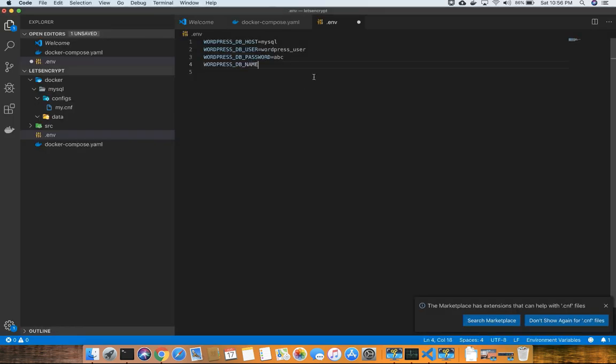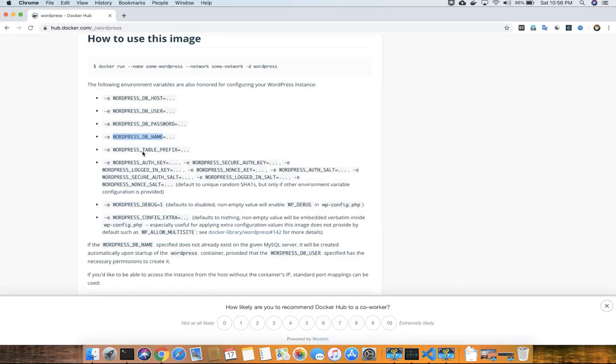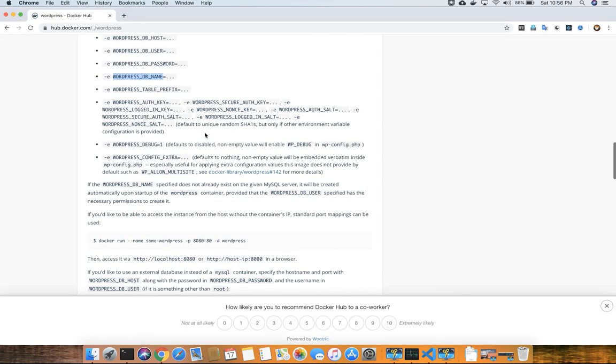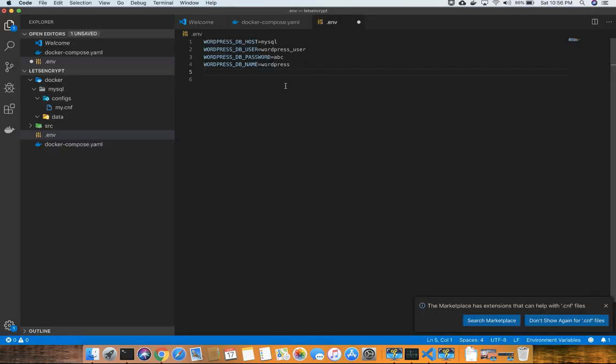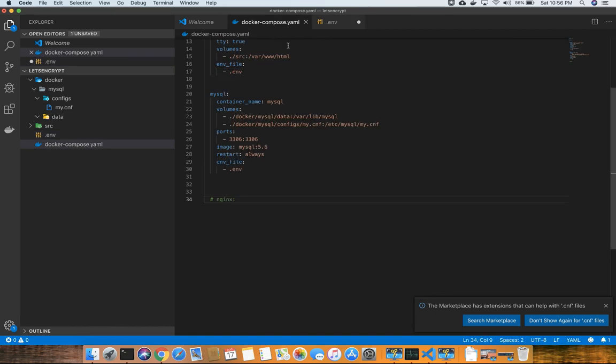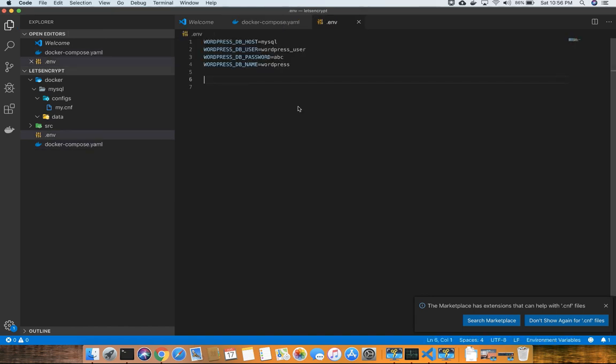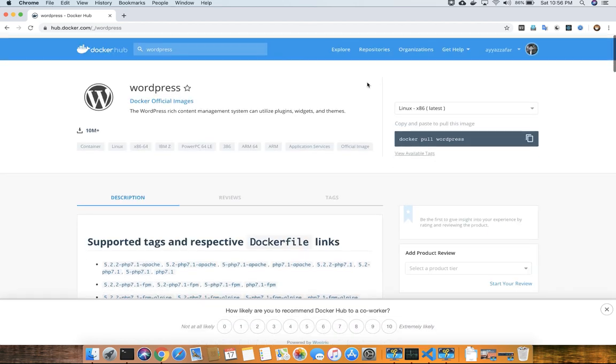After that, you have to provide the name of the database in the MySQL server. I would create a database with the name WordPress. I think that's all that we need to do about WordPress. After this, I would add the environment variables for the MySQL server to make it work properly. So for that, I would open